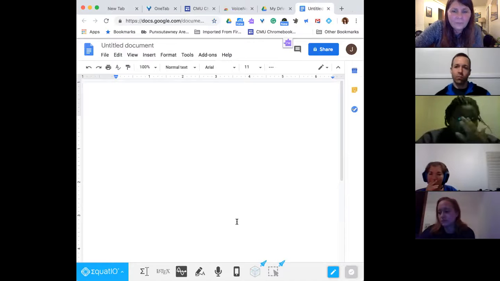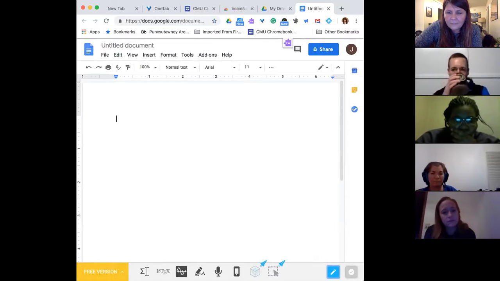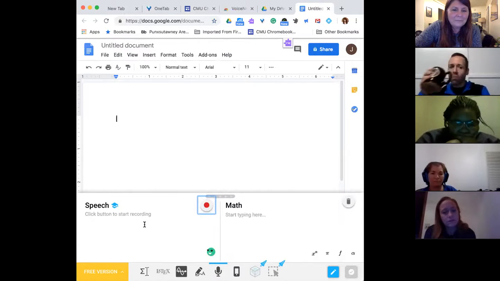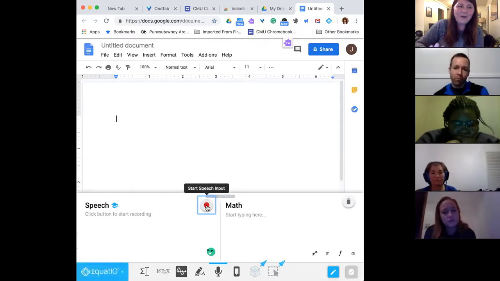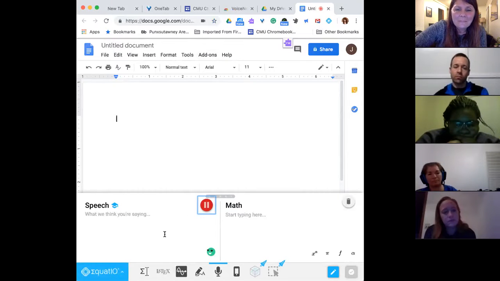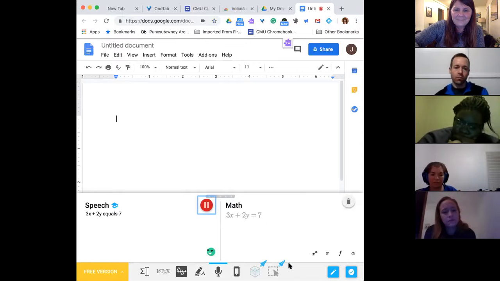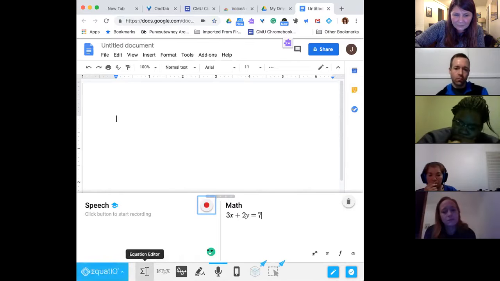You can see the thing across the bottom where the numbers and everything are. I'm going to click on my microphone. Think about all the worksheets that you've ever had to make. (3x + 2y = 7). So you can see this right here. And I am going to put it onto